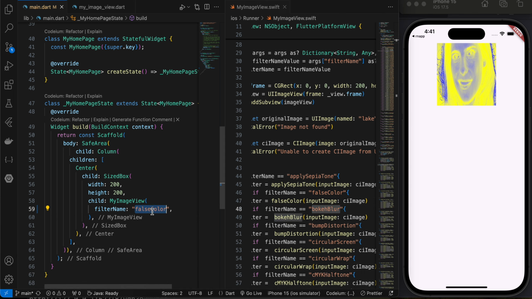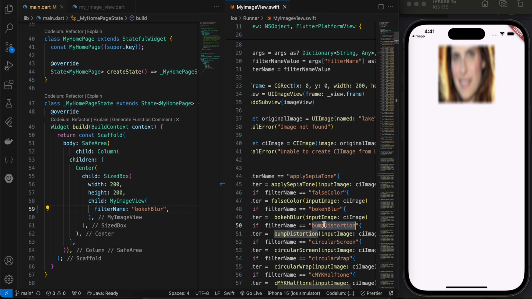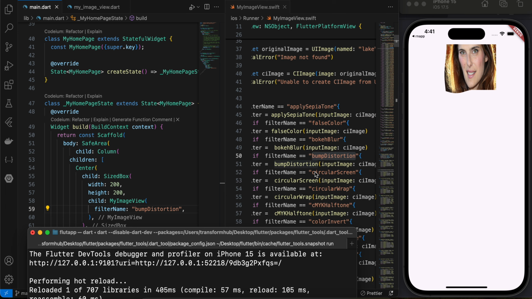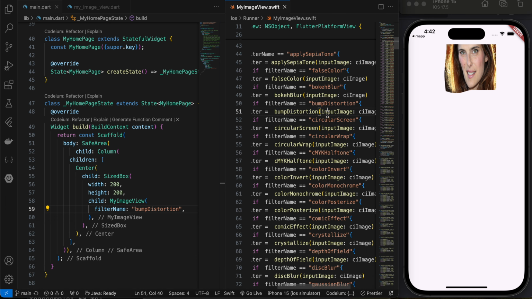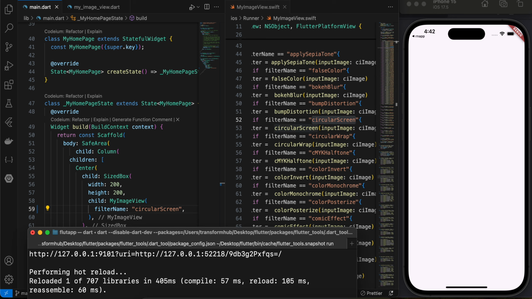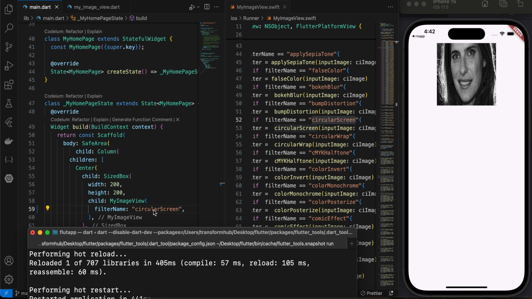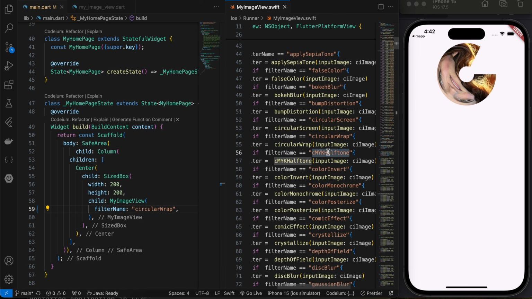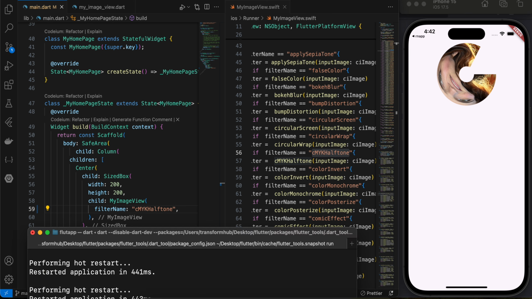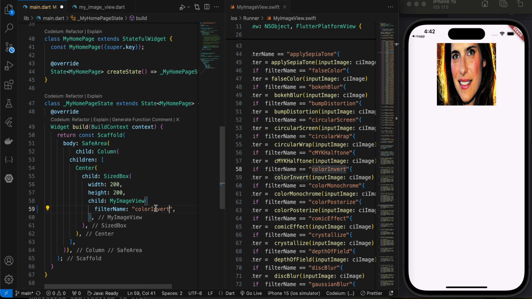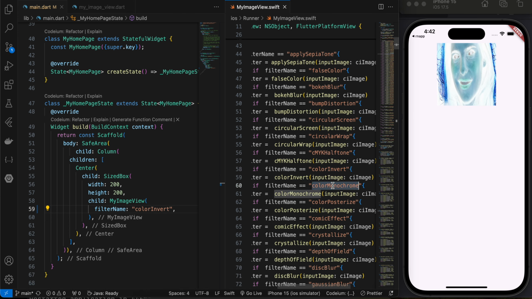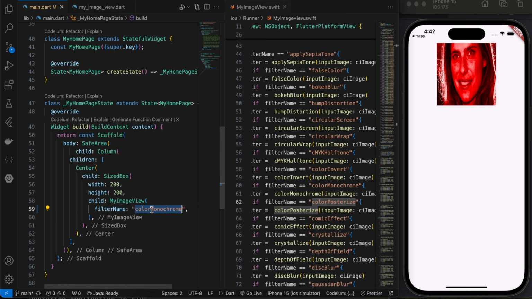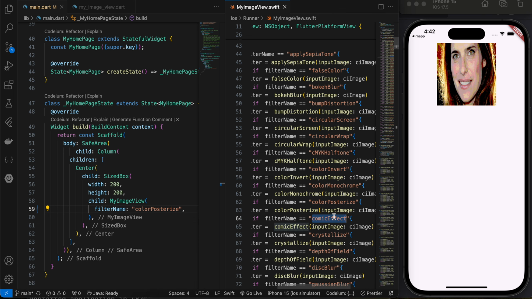Then bokeh blur, then bump distortion, then circular screen, then circular wrap, then CMYK halftone, color invert, color monochrome, color posterize, comic effect,